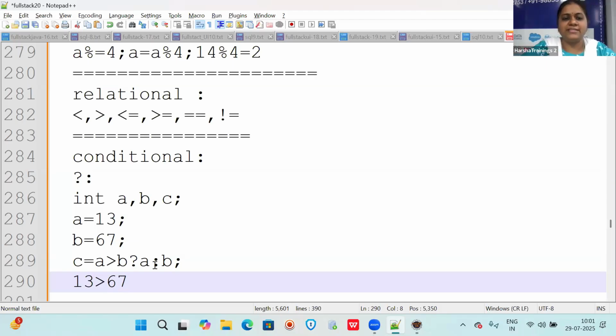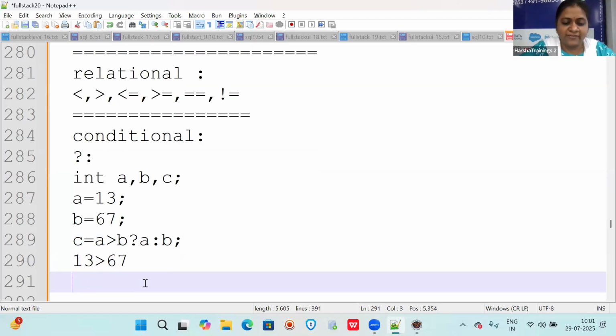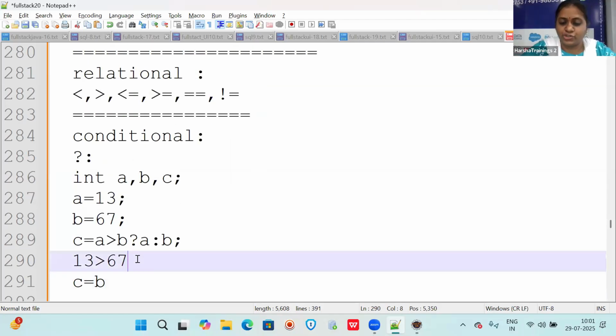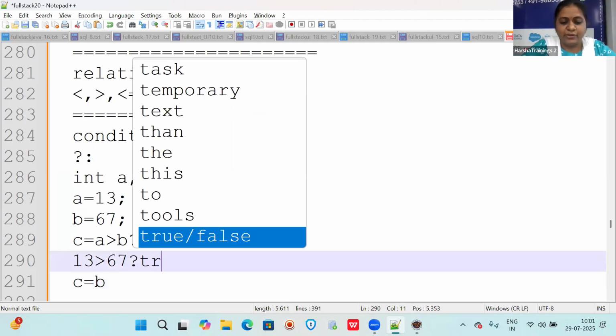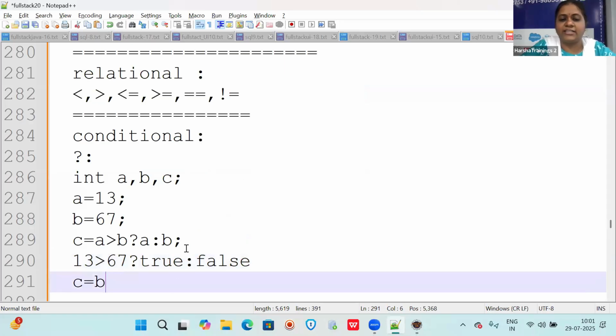False means it will take whatever value is there after the colon. So now c will get b. If the condition is true, the value immediately after the question mark will come. If the condition is false, what is after the colon will be your output.